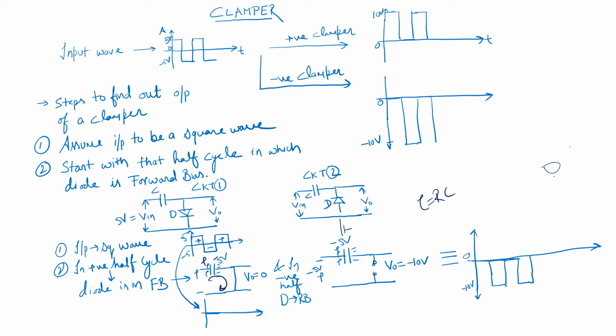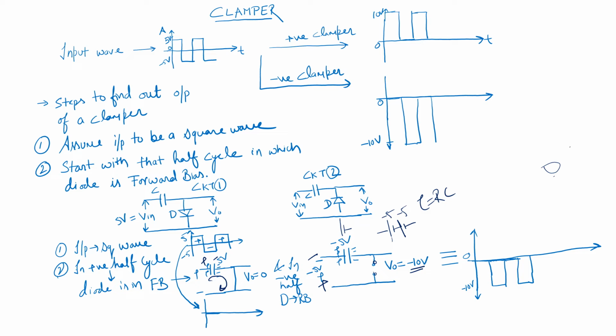So in negative half cycle, the polarity of input square wave is positive, negative. So input is also behaving like a battery, and capacitor is also behaving like a battery, and the batteries are connected like this in series. So we know that when the batteries are connected in series, we add the potential. So minus 5 and minus 5. So V output is now